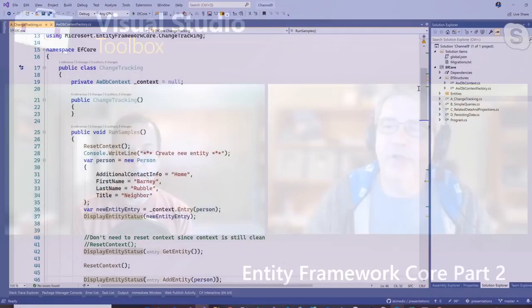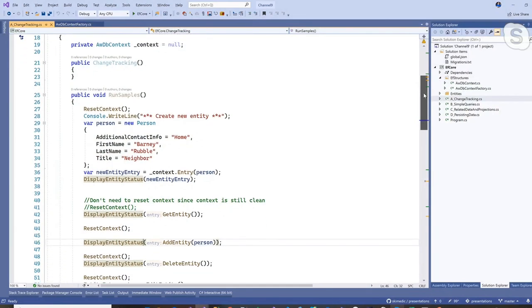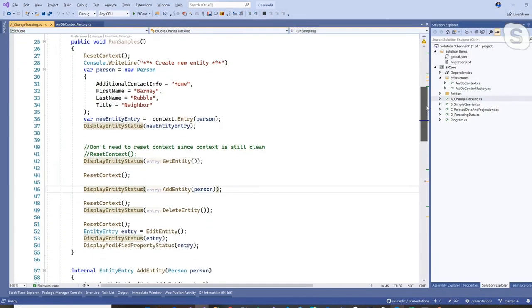Yep. Okay. So if we look at just some very simple examples of how the change tracker works. If I create a new instance of a person record, and I'm not creating all the fields, it doesn't matter. And then I can check the state of that object. And we can run this, but I'm not going to waste the time running it. What will come back is, actually, you know what, this is easy to run, but it will come back and say,